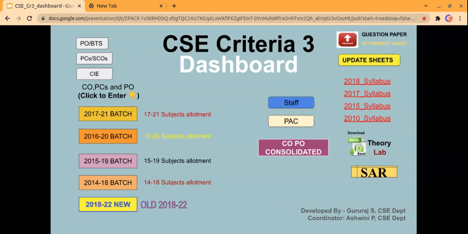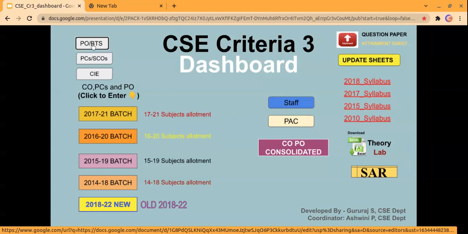So let me begin in a simple way, and how this dashboard which is created can help even a group of people or all the staff members working for criteria 3 data generation. Now, all of this looks a new thing for many people and for many of the listeners here. Now, first of all, the program outcome and Bloom's taxonomy. So you can find from this dashboard just by a click.